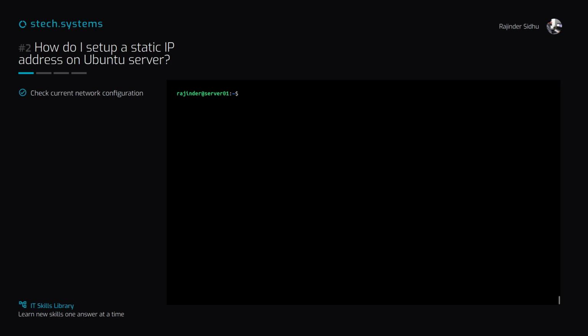The network interfaces are configured in a file which is in /etc/netplan. And if we look in here, we have this configuration file and we can go ahead and look at the contents of that file. It's set to be configured using DHCP because it's set to true, and this is all the configuration that's required. Ubuntu uses a utility called netplan to configure the network devices, and netplan looks at that configuration file and applies the configuration at boot, or if the configuration is applied manually, as we'll be doing when we configure the static